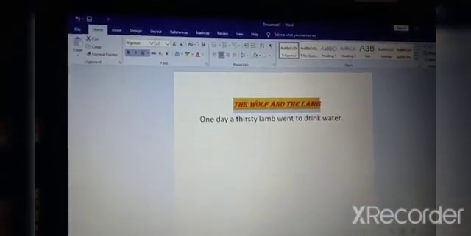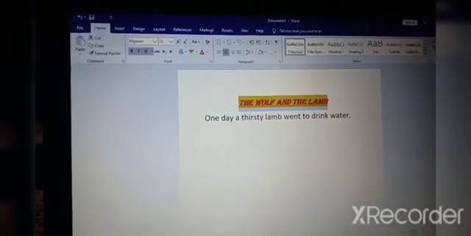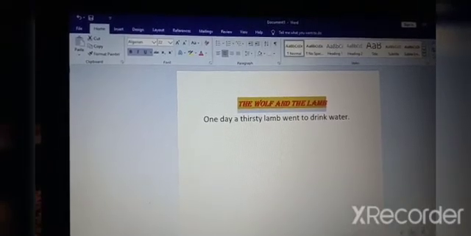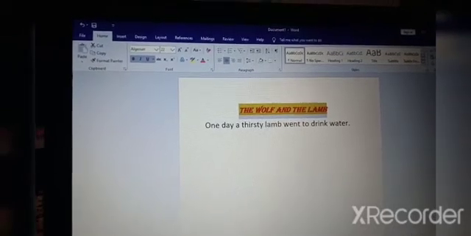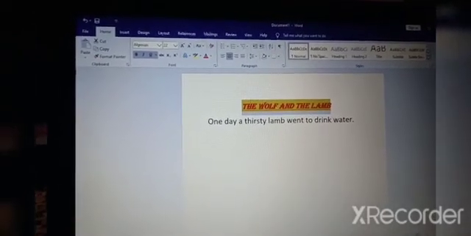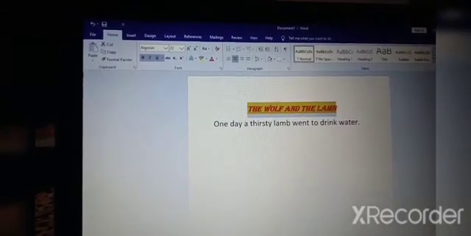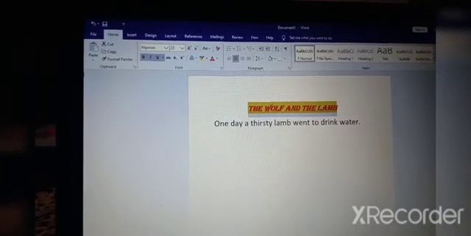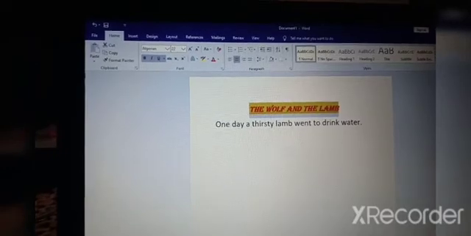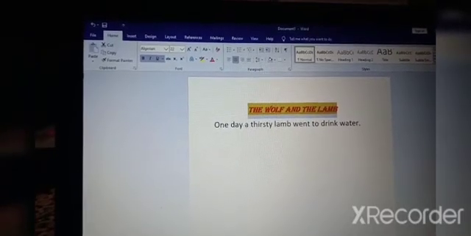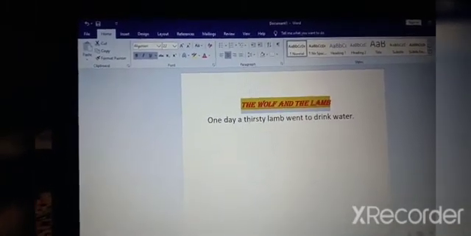In the book, now saving a document. Saving a document: the document must be saved to the memory of the computer for its future use. Once the document is saved, you can review and edit it anytime in the future. The file created in Word is saved with the file extension .docx. It gets the extension .docx.